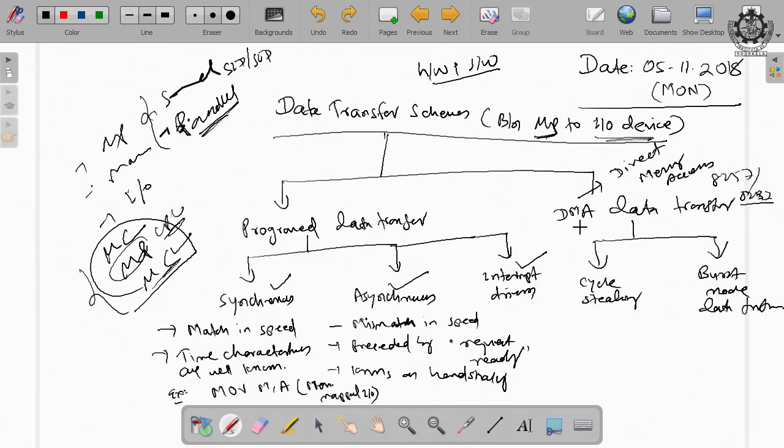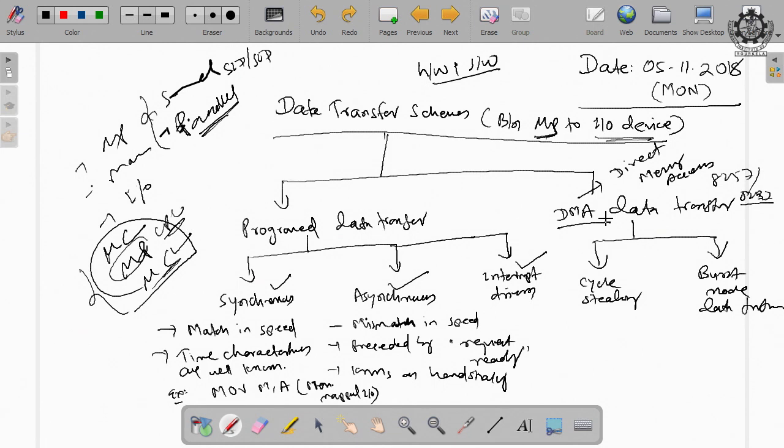Is it okay? Under program data transfer, both data transfer as well as computation will be done by the microprocessor. Therefore, the microprocessor consumes most of the time both for transfer as well as computation, and to prevent that we can use DMA.